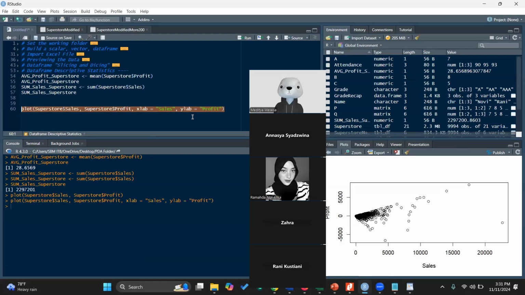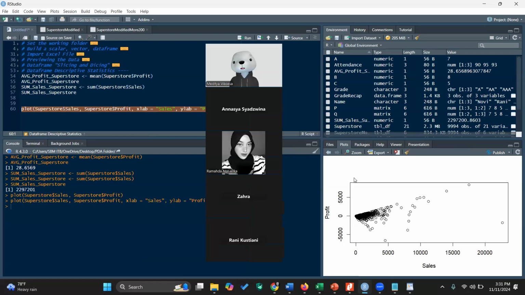Now you can see at the bottom right corner you have the plot. So you can plot x comma y. Simple plot. Very easy.